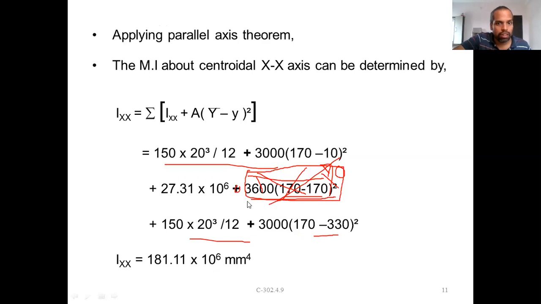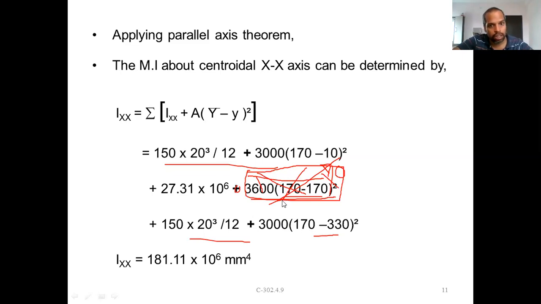As a single I section, the area is 3600. The two additional plates add an area of 6000. What is the moment of inertia? How many times has it increased? It is increasing about 6 times. The area just doubled, but the moment of inertia increased by 6 times. That's what is important about built-up sections.